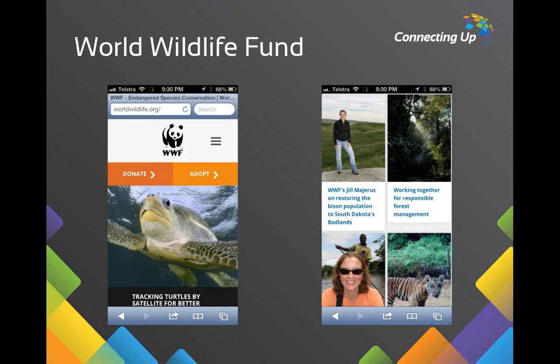So they've developed this beautiful, clean mobile experience. So it's really easy to navigate with fingers. They've got a nice big donate button at the top, but you can go there and you can find out information about the work that they're doing and information about the animals that they're protecting, the wildlife that they're protecting. So it's kind of half information, half donation, but people who are interested in wildlife will go there for the news and they might donate while they're there. So that's the mobile experience.